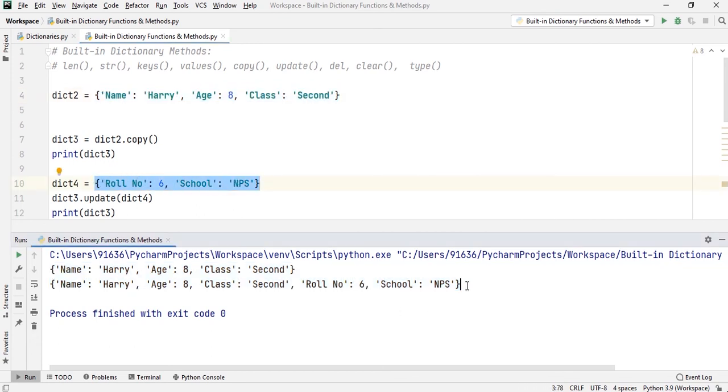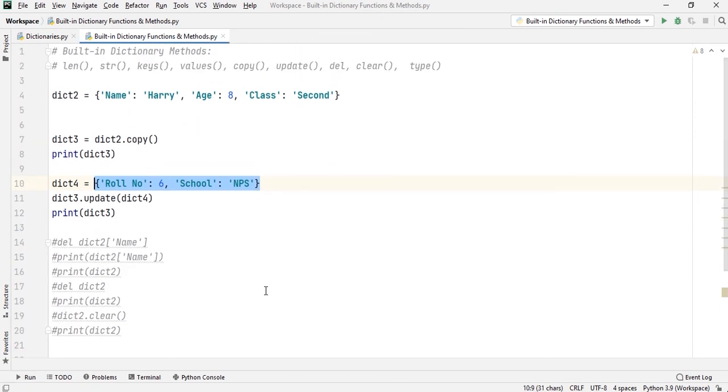So this is how dict3 got updated. Here you can see this was the earlier dict3, and finally this is the updated dict3, which got these key value pairs from dict4. So this is about the update method.